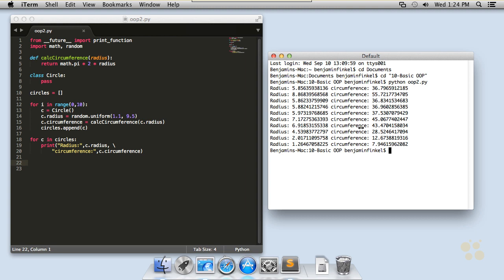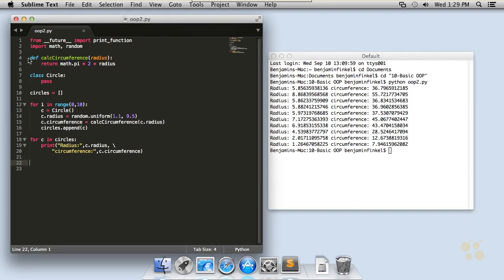And remember, a class is just a definition of a data type, kind of like a complex integer, or any other data type that you might use. Now let's talk about this calculate circumference function, and let's see how we can clean this up even a little bit more. You might have already guessed this, but the circle class doesn't have to be blank and empty. We can store stuff inside of that class definition and make it available to every instance of the